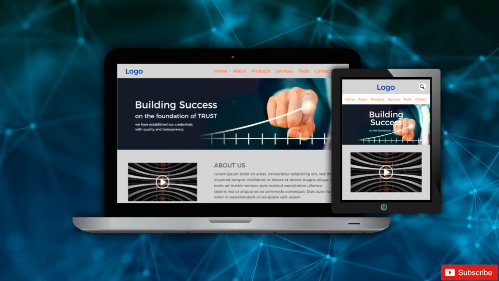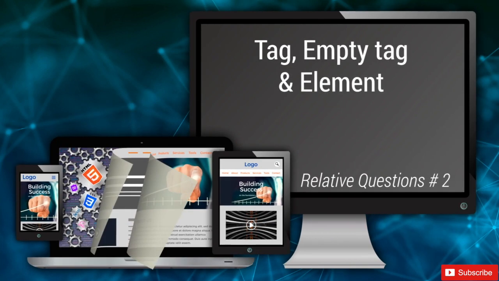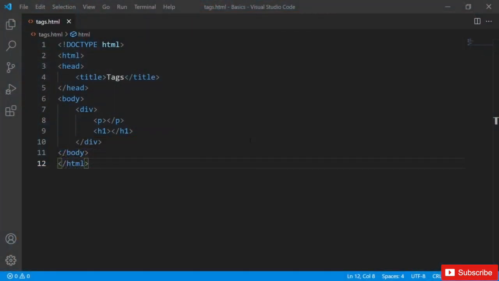In this lecture, I will be discussing tag, empty tag, and element. Let's begin with tag. A tag is an HTML language keyword or command which gives instructions to the browser. For example, we have seen the paragraph, that is the p tag, which instructs the browser to make a paragraph on the web page. There are various tags available in HTML which are used to define the content of the web page. For example, inside body you can see I have defined paragraph and h1 and I have wrapped them